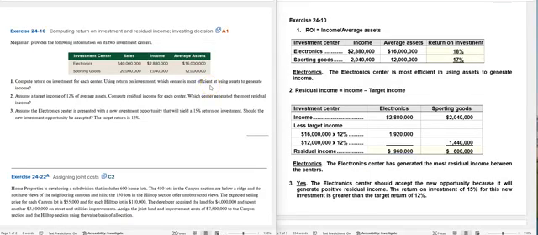Chapter 24 is looking at performance evaluation as well as responsibility accounting. So one of the things we're going to be looking at is how, when we're evaluating managers, do we hold managers accountable when they have authority over making decisions about investments. Some managers can only control cost, and some managers are able to control their cost as well as sales, right?